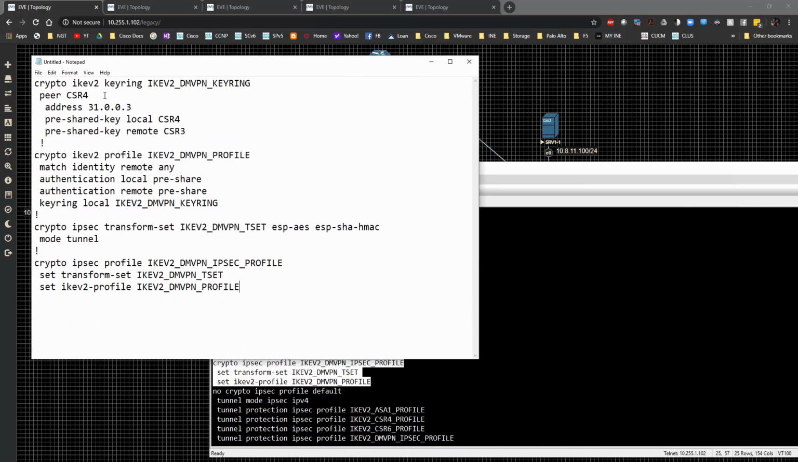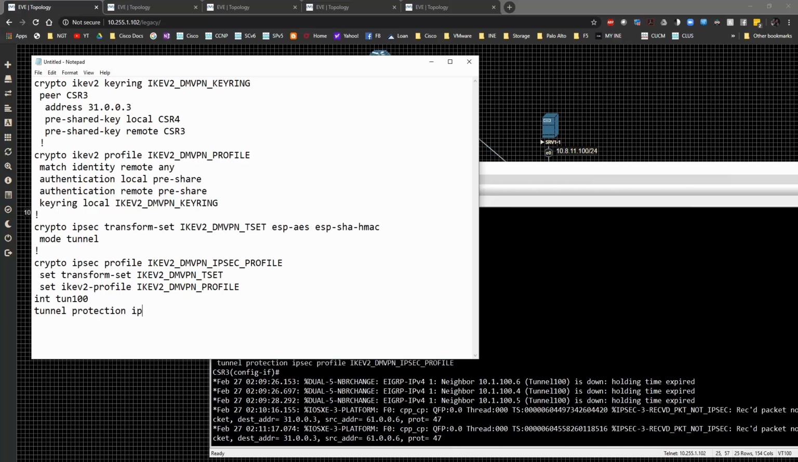We're going to start off on the key ring. We're going to take the key ring. We're going to set the peer to be CSR3. Go through the IKEv2 profile. We're going to say we don't care who the remote connection is. We just want to match on something. We're going to call the key ring. We're going to create an IPsec transform set called DMVPN, and then we're going to map all that to it. And then interface tunnel 100 and tunnel protection is going to be IPsec profile, and the profile name is going to be this guy right here. Just like that. So we're going to hit that and